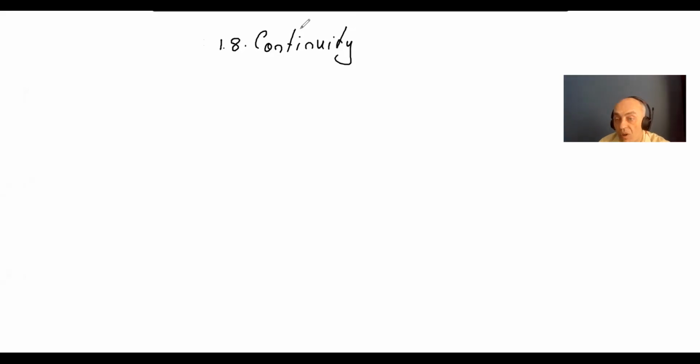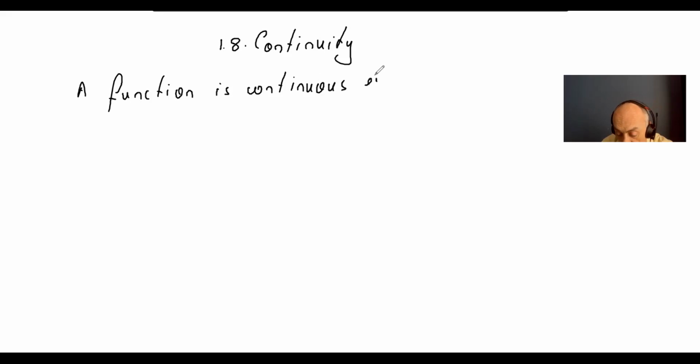So continuity for a function is a concept that can be defined both locally and globally. That is, a function would be continuous at one point, but also you would discuss the function being continuous everywhere. So I'm going to start with a global concept, and we're going to say here that a function is continuous everywhere on its domain